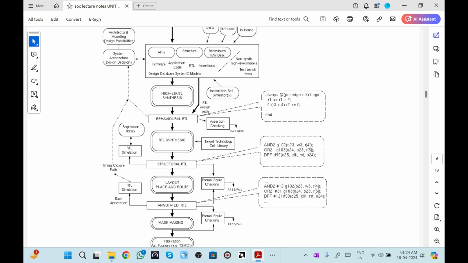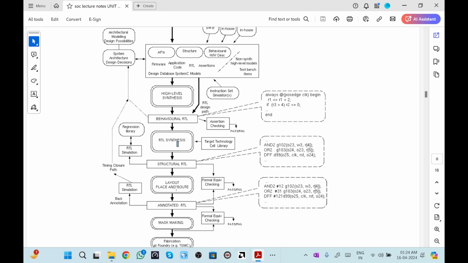Then we have the layout design. After processing all these steps, we have to make sure that each and every step passes this quality test. We can say it is like a factory with different sections. First the product is manufactured, then a different section monitors whether the product is correctly manufactured and has no defect. Then it goes to the packaging one. So we can say RTL synthesis is the packaging one, where proper packaging should be there.